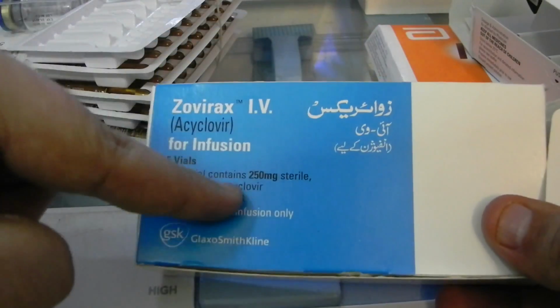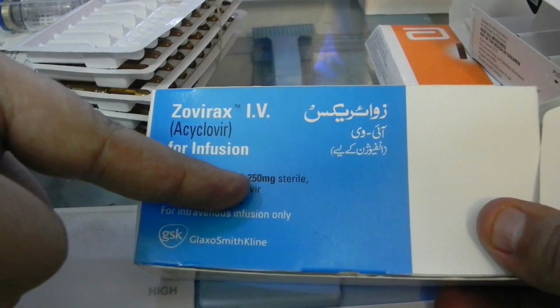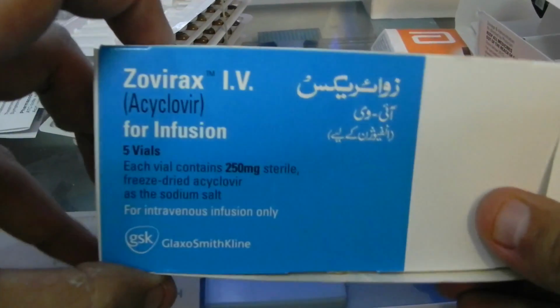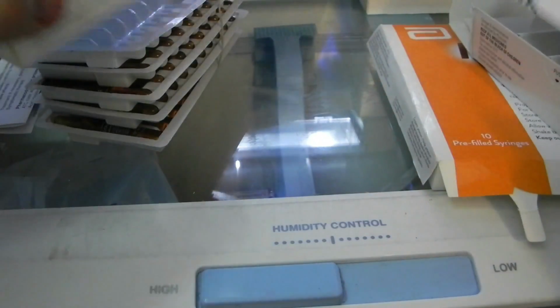So this is a pretty expensive drug, and mostly patients who have any kind of viral infection use heavy doses of acyclovir, and then we provide them with multiple vials whereby they can titrate the dose from 250 milligrams up to 500 milligrams or even a gram or so. Then we have